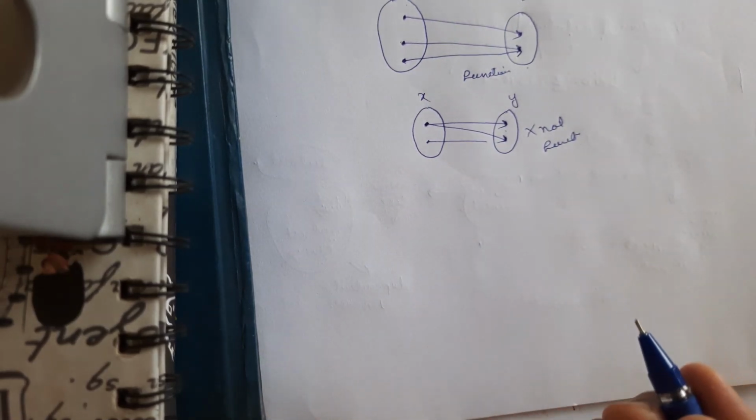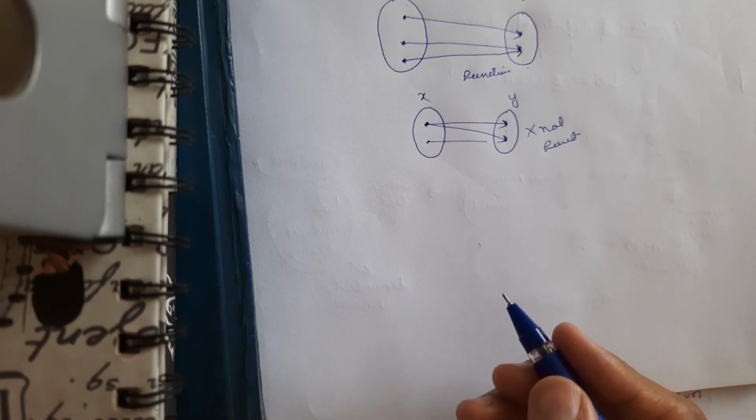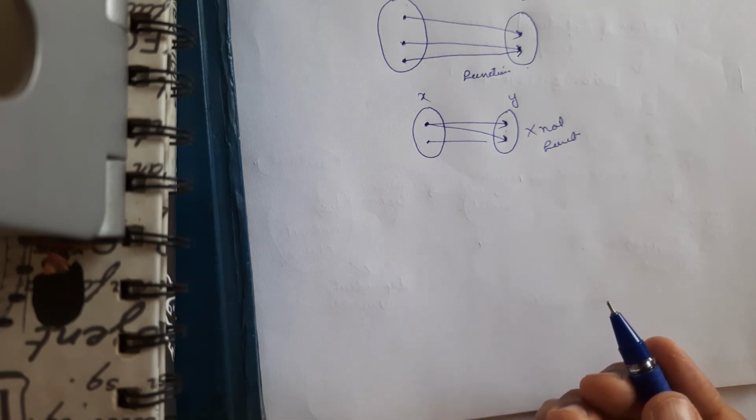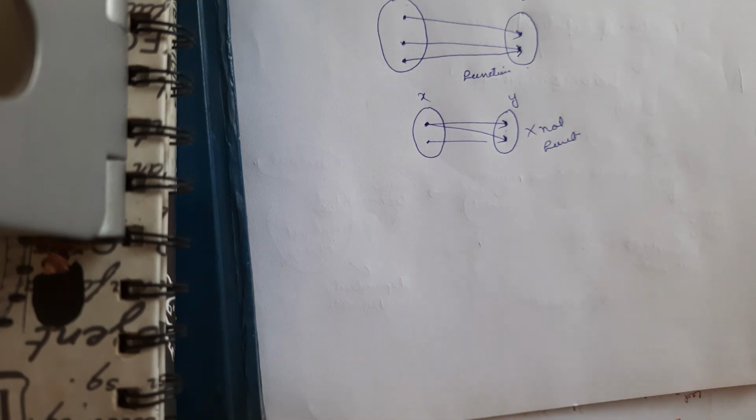Simply remember that a function is a relationship. So can you give me some examples of functions around you, just like I gave you the fan and switch example? Just think about it and write it in the comment section, if you find functions around you. So the simple definition is: a function is a relationship between two variables and it should give you exactly one output for one input.